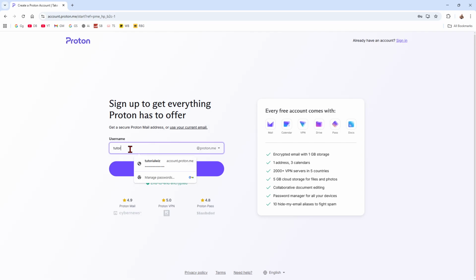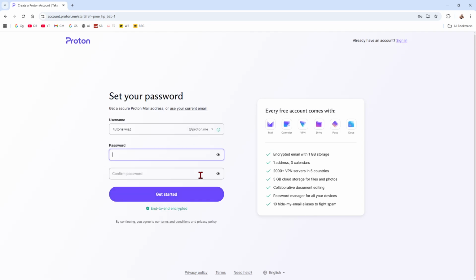So for this video, I'm going to do tutorialwiz2 at proton.me, and if it's available, it's going to have a little tick here. If you type in something that's popular, like test, that should be taken. Yep, already in use. So go ahead and choose your new username and then click on create free account,